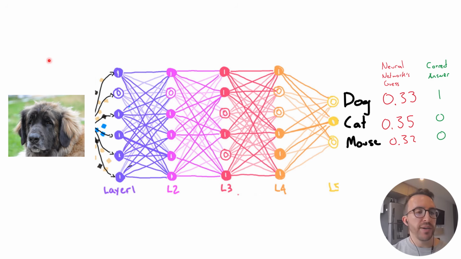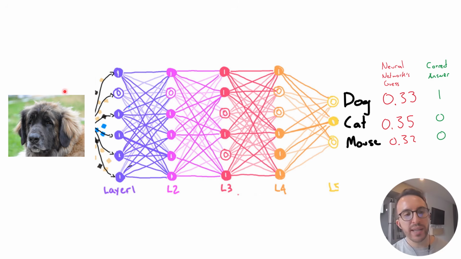Okay, so once we've gathered all those training examples, we're going to initialize our network with random weight values. All those A's, B's, C's, and D's are initially going to be small values close to 0 that are randomly initialized. And we're going to take our first example and pass it into the network, pixel by pixel, like I described earlier, and we compute the entire network with all those random weight values. Then what we get is the neural network's guess. It's 33% sure it's a dog, 35% sure it's a cat, 32% sure it's a mouse. It's wrong, obviously. It thinks it's a cat, and its certainty is very low because the three percentages are very similar.